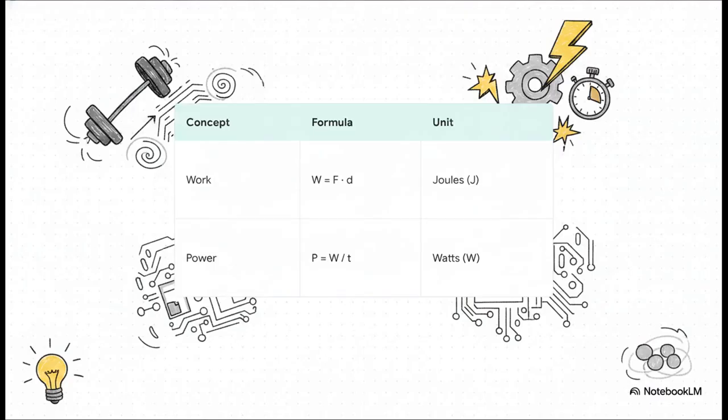Look at that. You've officially conquered the concepts and the math. Now it's time to bring absolutely everything we've learned together into a neat, organized package for your notes. So the crucial point is understanding the distinct differences between these two concepts. Work is the transfer of energy, measured in joules, calculated by force times distance. Power, on the other hand, is the rate of that transfer, measured in watts, calculated by work divided by time. Consider this comparison your ultimate cheat sheet for any upcoming tests, so definitely make sure you understand the difference between a joule and a watt.